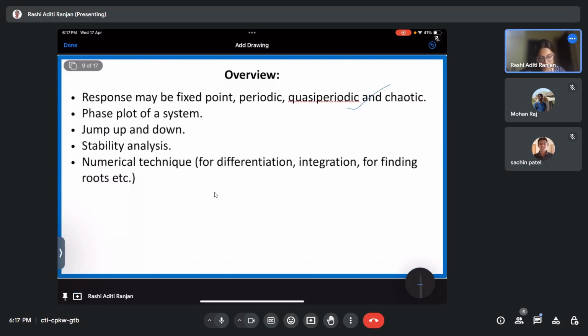This is done. Phase plot of a system, you know, phase plot means x dot on the y-axis, x on the x-axis. This is your phase plot. For a periodic response, it is going to be like this. Okay, so this is going to be a phase plot. Jump up and jump down. So this comes from your